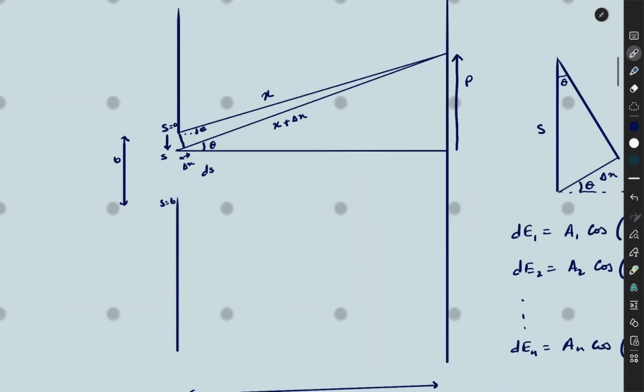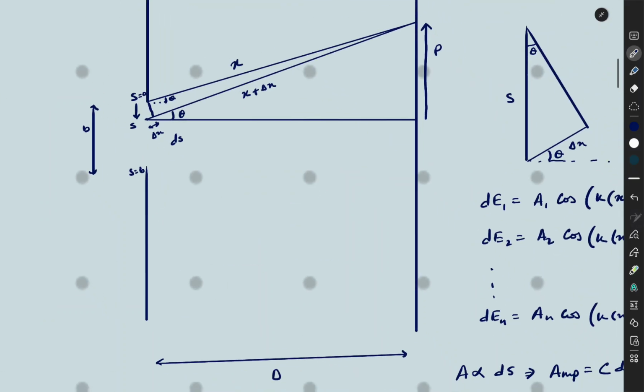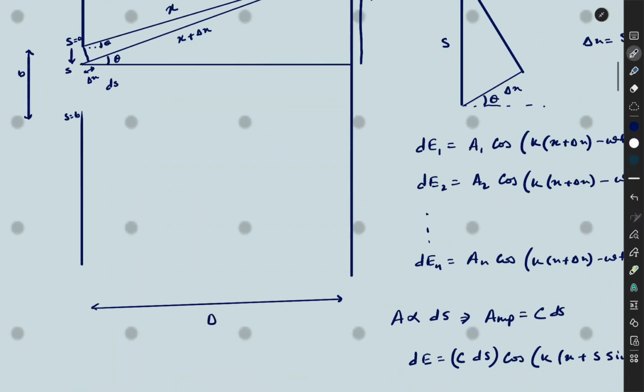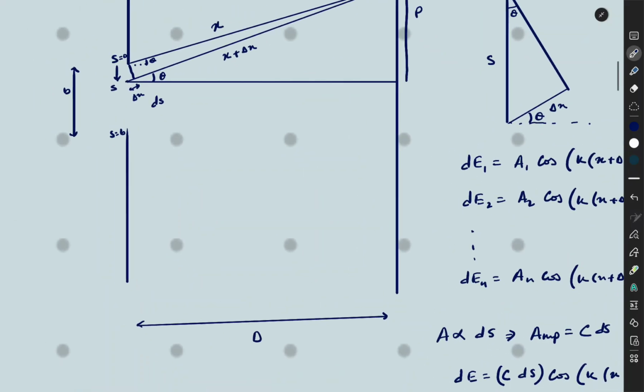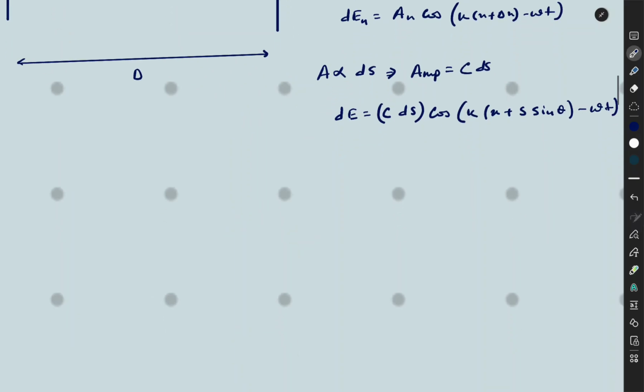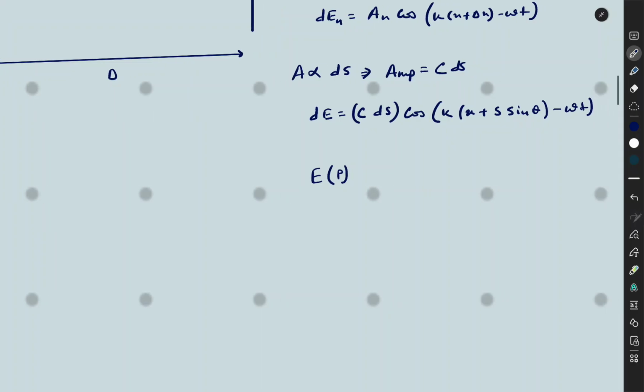We will add all these elemental electric fields from s equal to 0 to s equal to b. Therefore the electric field that we will get at point P will be the integration from 0 to b of c cos of kx minus omega t plus ks sine theta